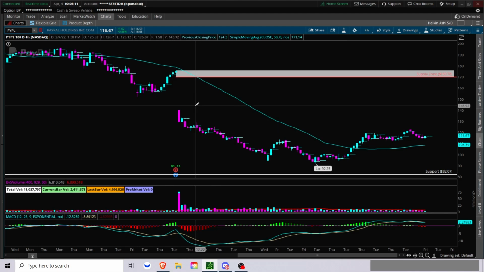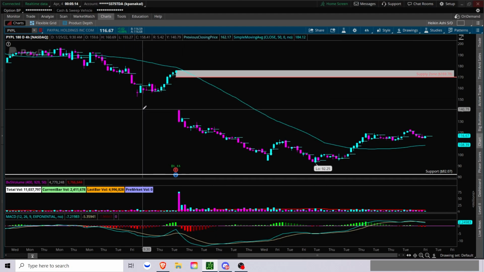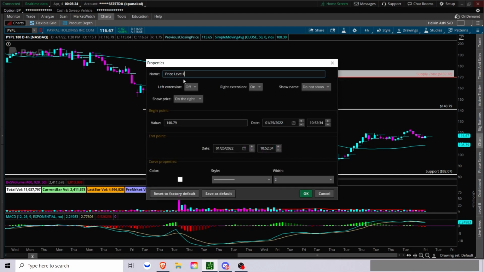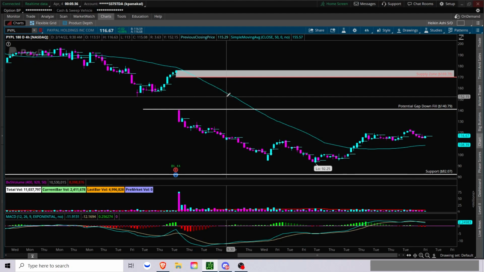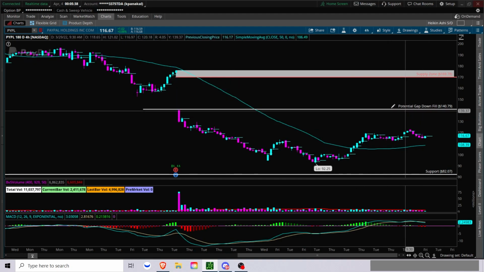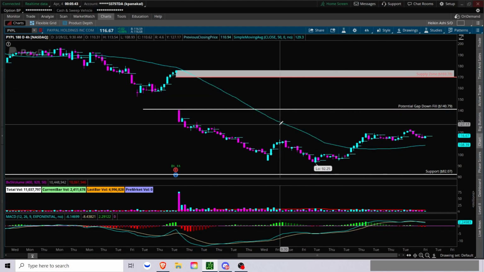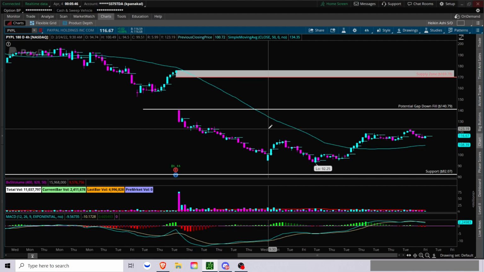Then if you switch to candles, what we can do is put a line over here and say potential gap down fill, right? There we go. That's how you can show it. That's the potential gap down fill. If we break above this point and we hold, we could potentially fill this gap all the way up to the upside. But now when it comes to PayPal,